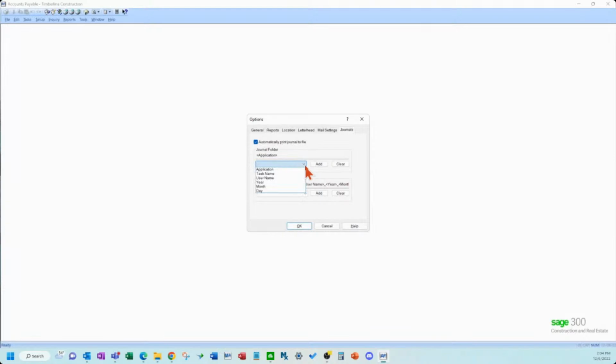So let's say though that I wanted to create a folder where I want all of my AP enter checks to have a folder of their own. So that would be, oops, I can't do that. But under the tasks menu, there's enter invoices. I meant to say enter invoices a second ago, but it would say AP enter invoices for the folder name if I set it up like this.